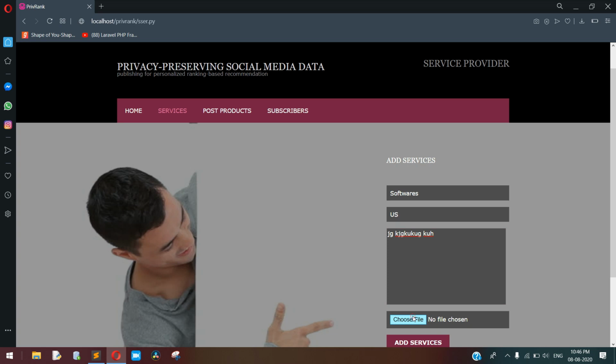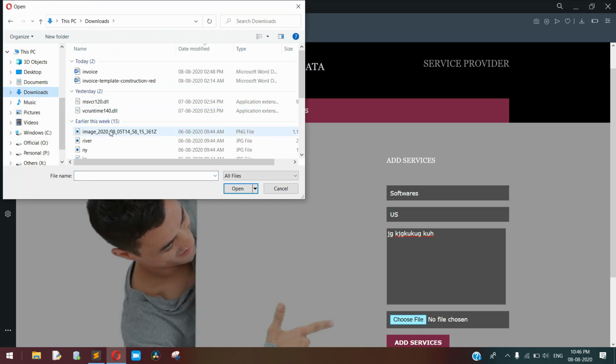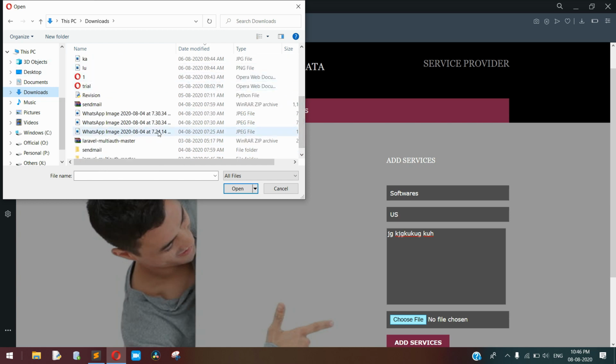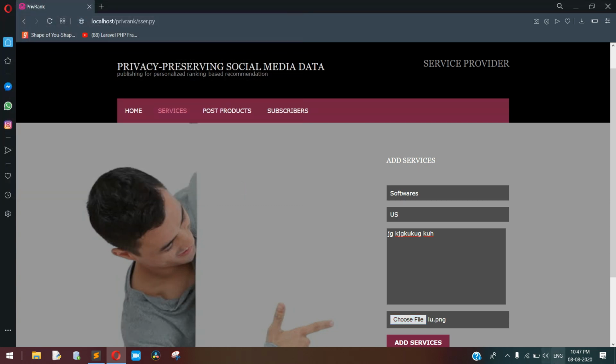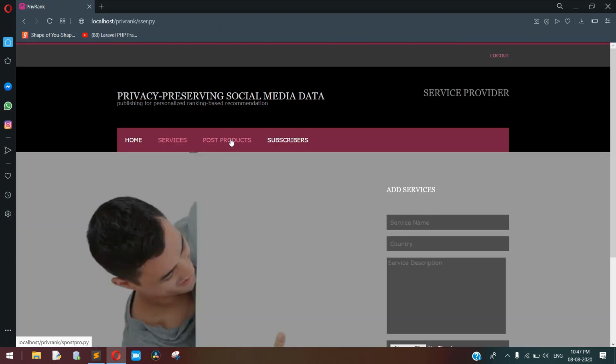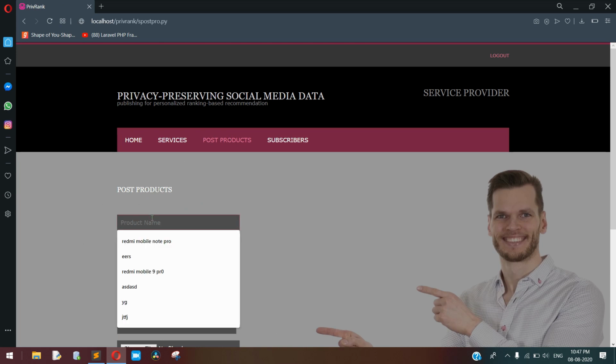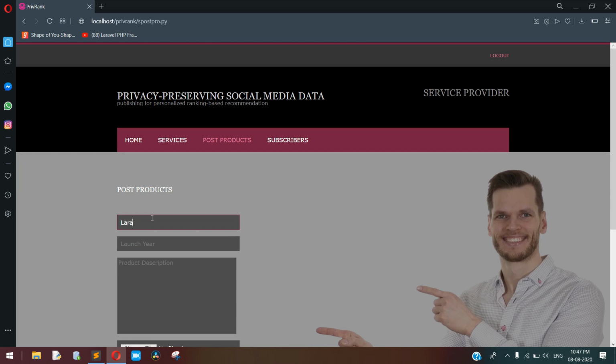Okay, so we need to post an image. Okay, add services. And then the product name. Here I'm using the product name Laravel, and a launch year, a new version.